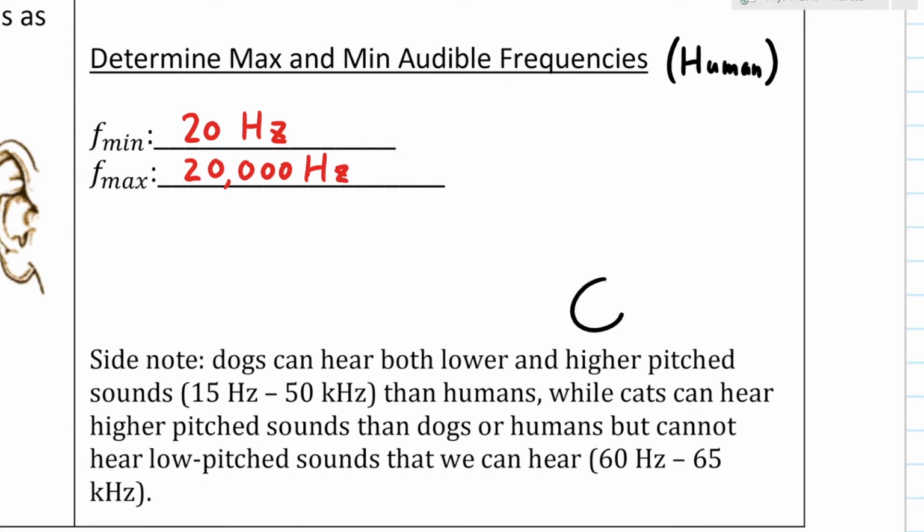On the other hand, talk about cats. Cats, on the other hand, cannot hear low frequency sound. If you look at the cat, the cats can hear up to about 60 to 65 kilohertz. That means high frequency sound the cats are really sensitive to. I guess that's why when we talk to cats, we go like, oh, kitty, kitty, kitty. High frequency sound the cats are really sensitive to, better than humans. But in the low frequency range, humans can hear as low as 20 hertz. Cats start at 60 hertz. That means if the sound has too low of a frequency, the cats will be unable to hear it.